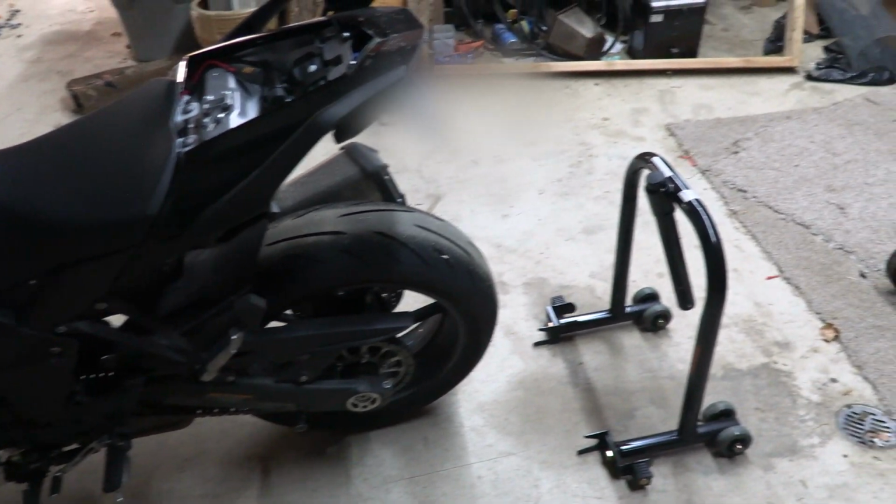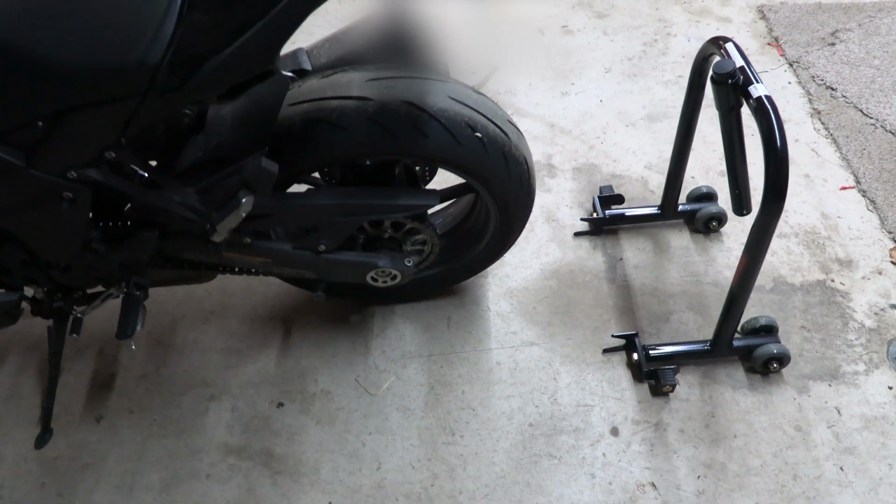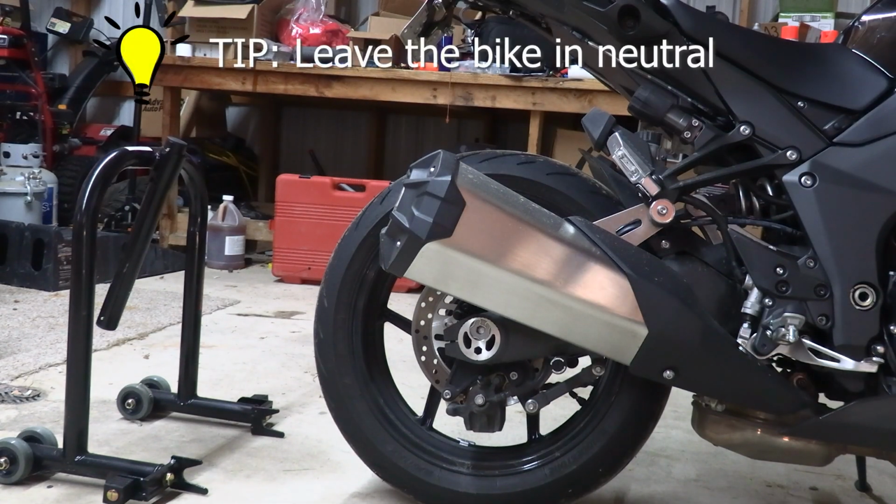So I'm going to go ahead and get the camera into the tripod here and show you how to do the rear Paddock stand. Okay. So I'm going to try and do it from this angle. You want to leave the kickstand down,